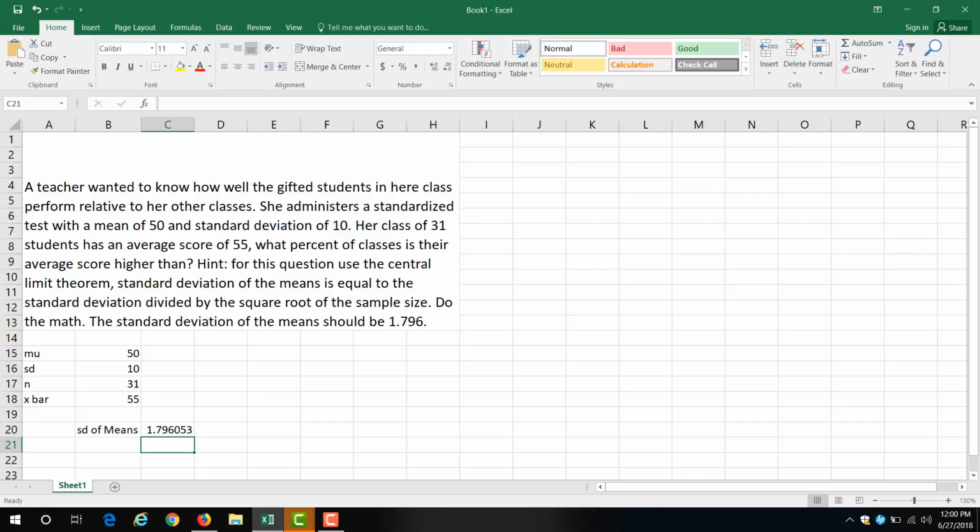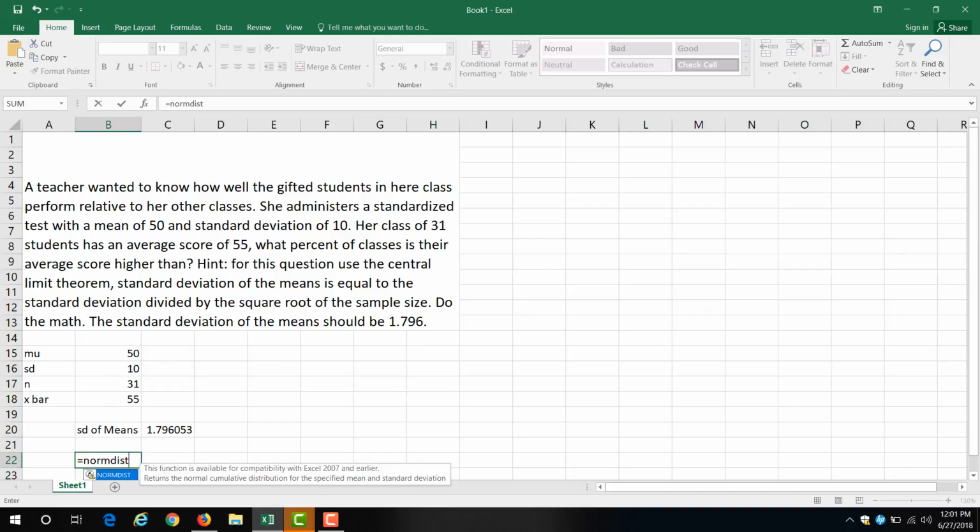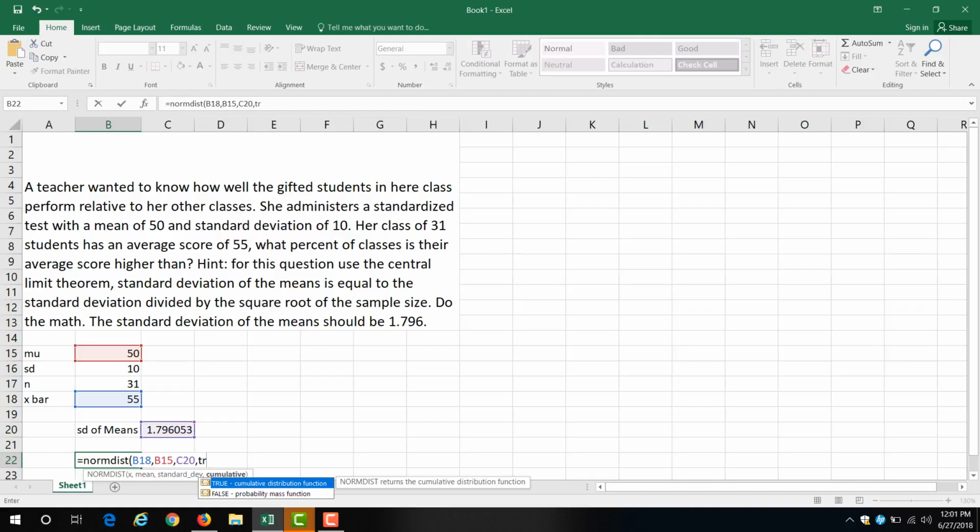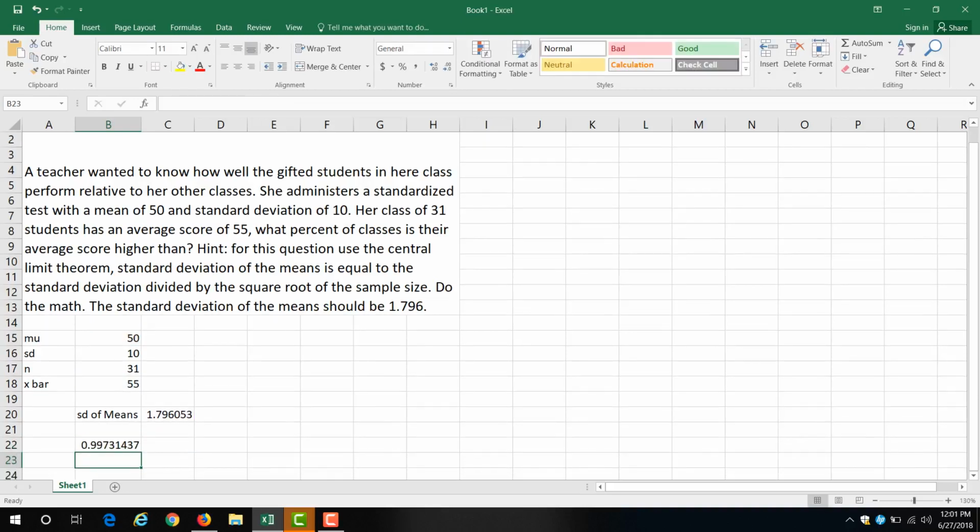Now again, I want to know what percentile they're at. So what I'm going to do is remember that we use the norm dist. Remember that video, that's the one we're going to use. Okay. And my average is 55. The population average is 50. My standard deviation, instead of using the population standard deviation, I'm going to use the standard deviation of the means. And I want it to be cumulative. I want to know what percentile it is. Hit true. Enter. I end up with